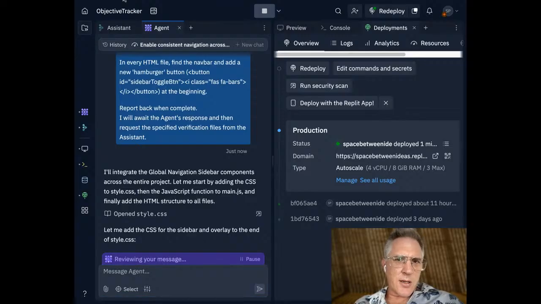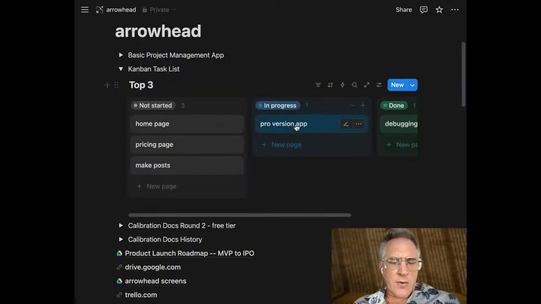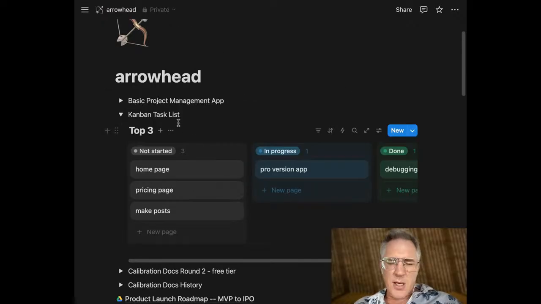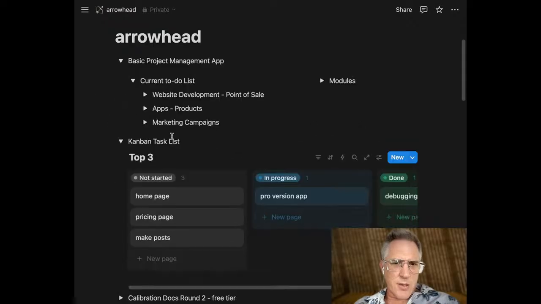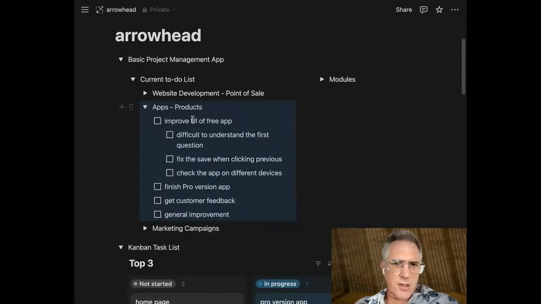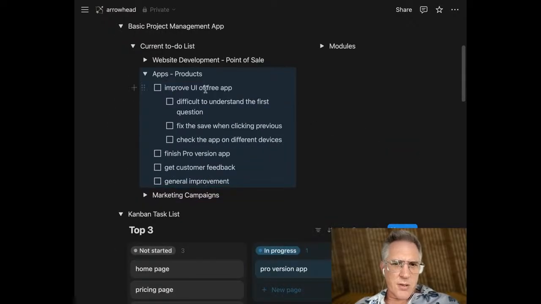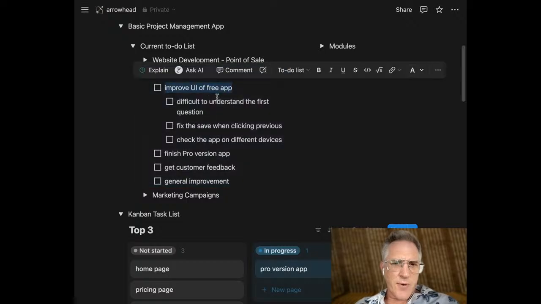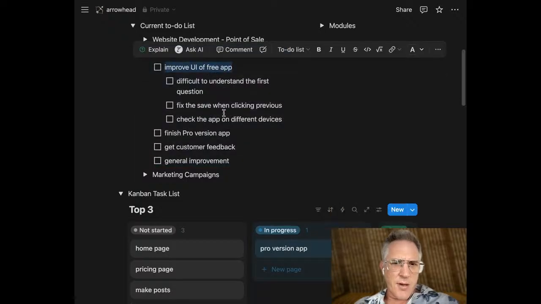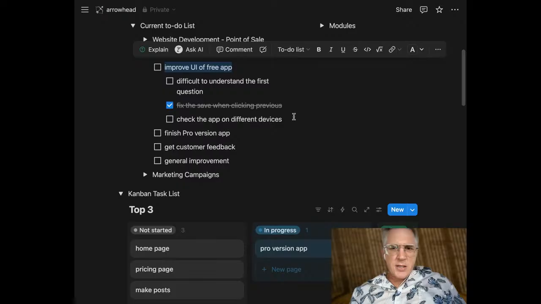Let's take a gander over here. What are we doing right now? We're updating the, let's go into basic project management. We're going to go into the apps. We're talking specifically about improving the AI of the free app. Fix the save button. Okay, we did that. Click the app on different devices. Okay, so what we're actually doing here is